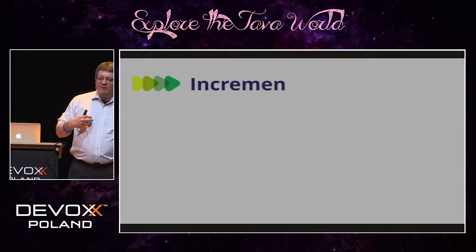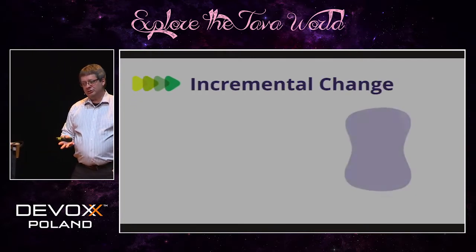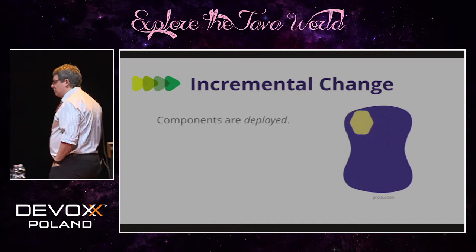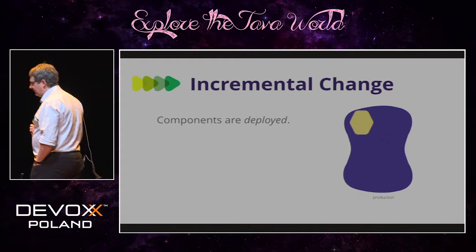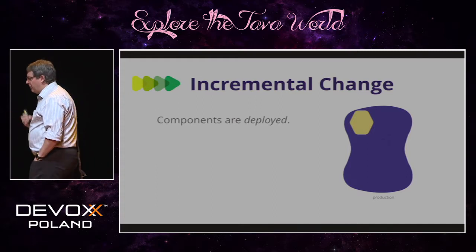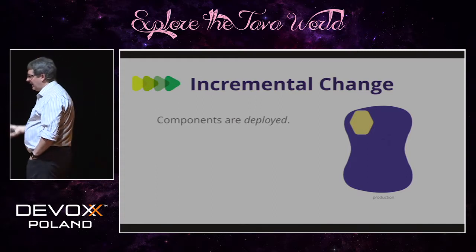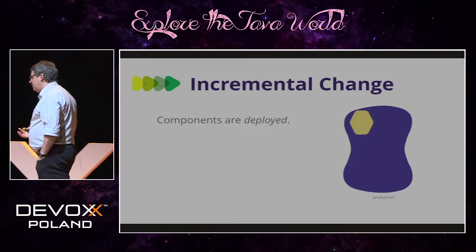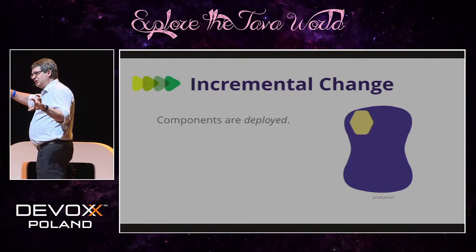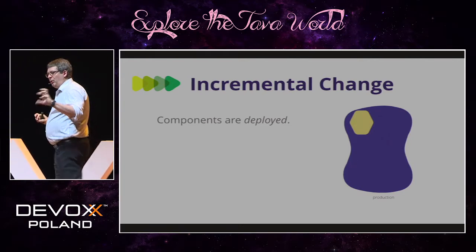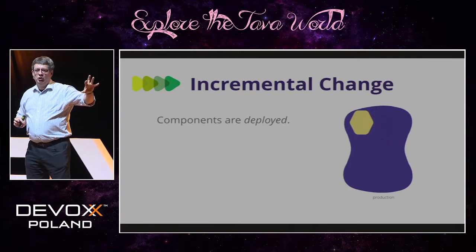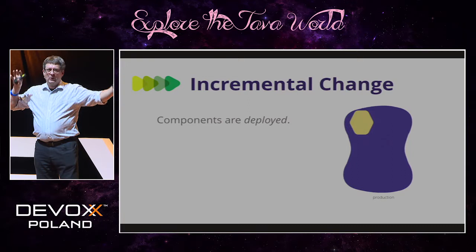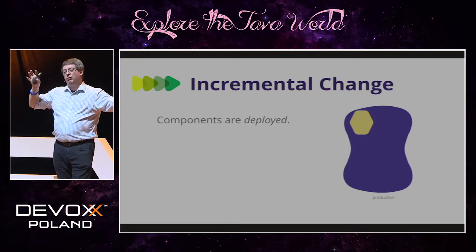So when you have a mature architecture, a service-based architecture or microservices architecture with really good 21st century DevOps practices and continuous delivery, very often you see this incremental change pattern implemented, where we've separated component deployment from feature release. Many of you, when you deploy components into production, are also releasing those features at the same time, but you can decouple those things, and it's quite common in particularly the continuous deployment world.